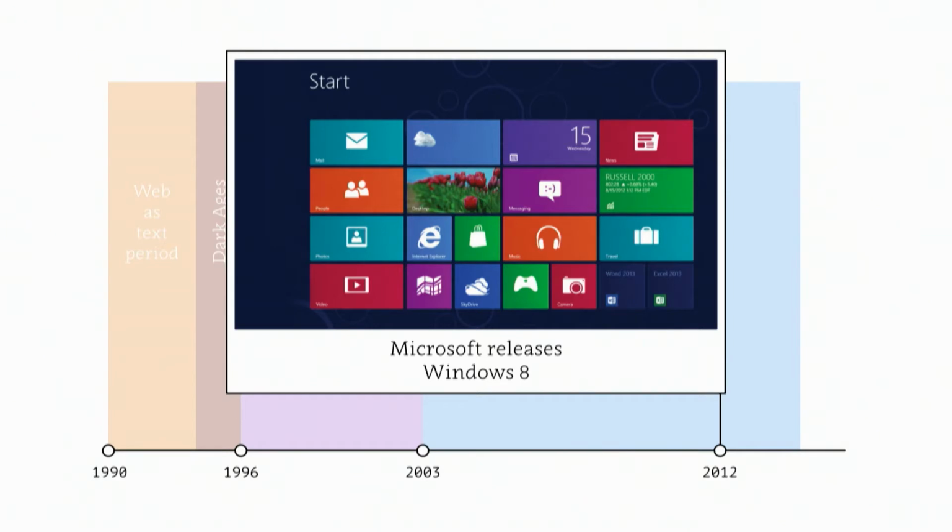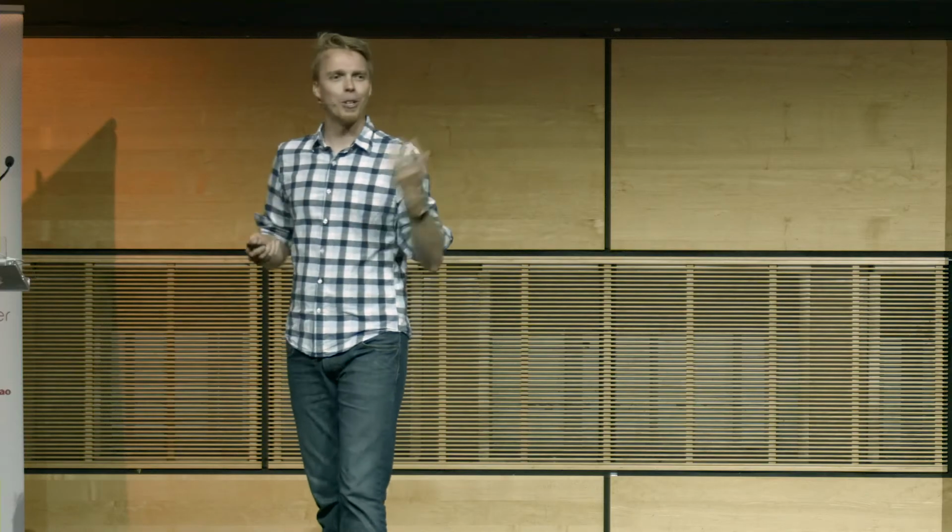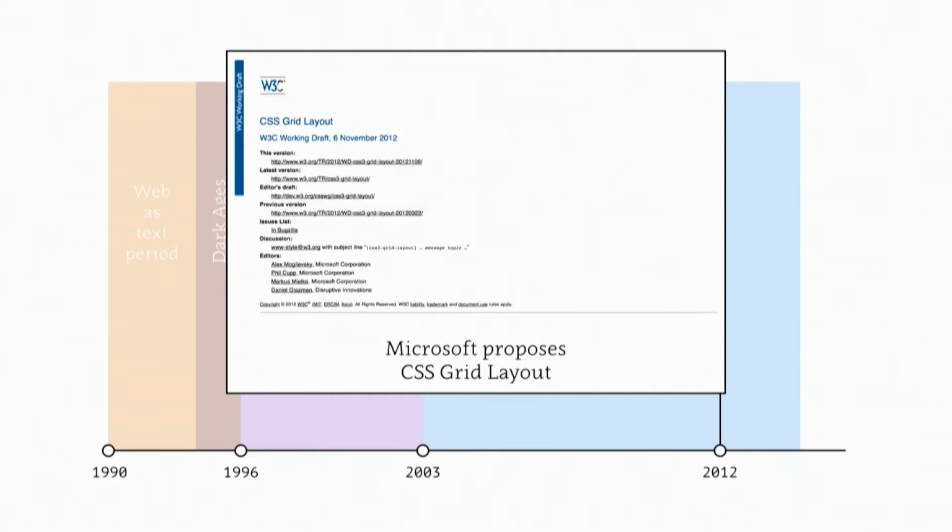And then in the middle of this, Microsoft goes, Windows 8. And everyone groans, because no one liked the new look of Windows 8. But what no one knew was that at the same time that they released Windows 8, they also put in a proposal for the CSS grid layout module. Now, I say no one knows about it because only a couple of years later, this other thing entered all the browsers,